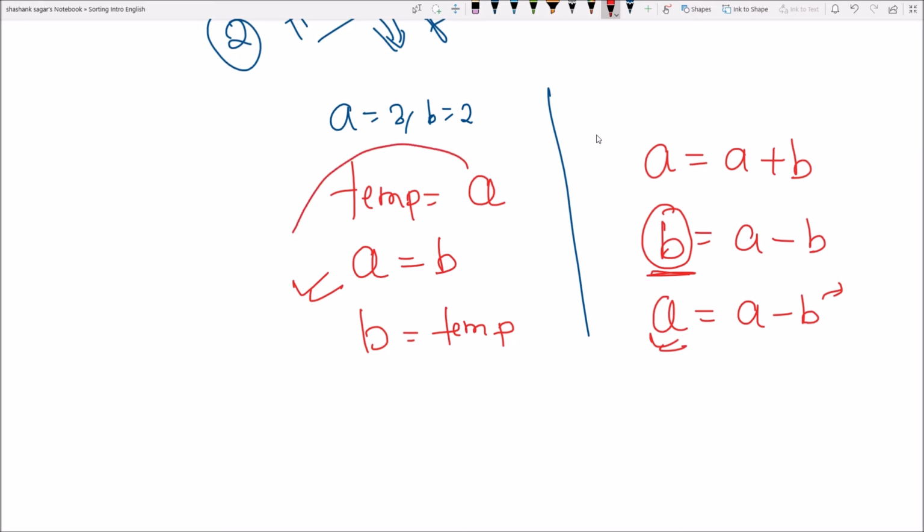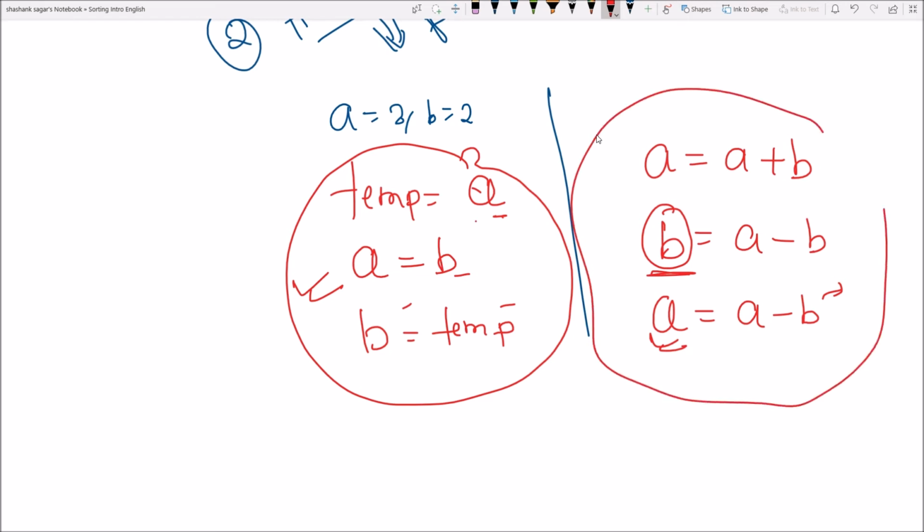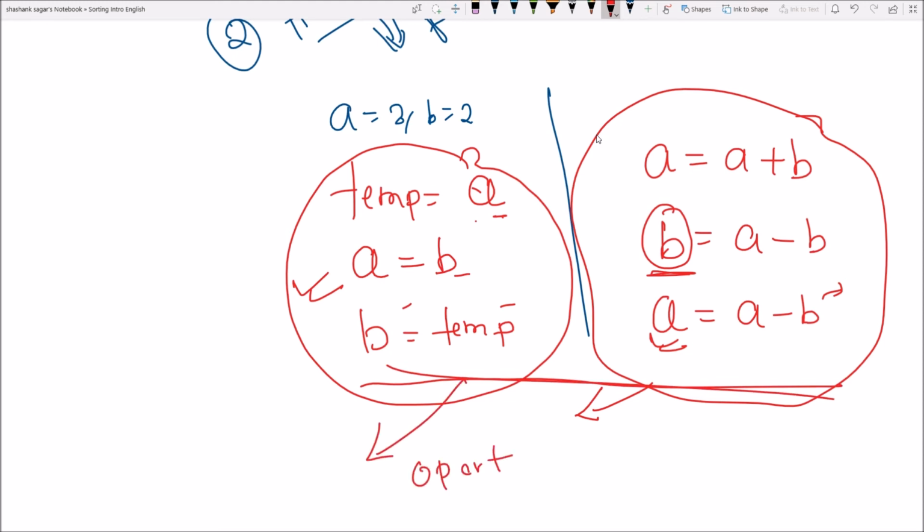See here, how many memory reads and writes I am doing. Here, here, here, here, everything is basically memory read and write. And here along with read and write, I am doing arithmetic calculations. So you can see from here, to swap two numbers, how many operations I have to perform.